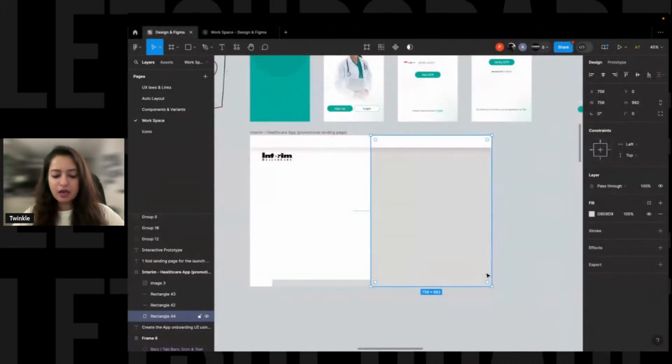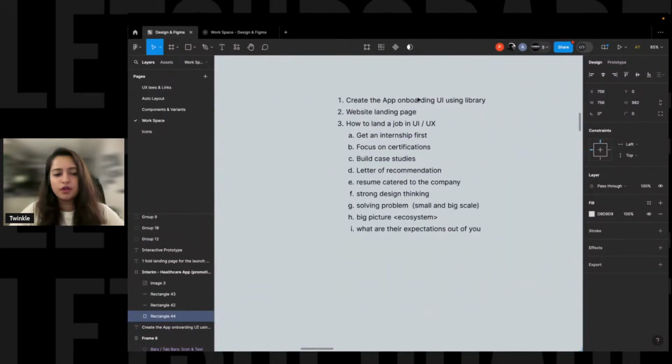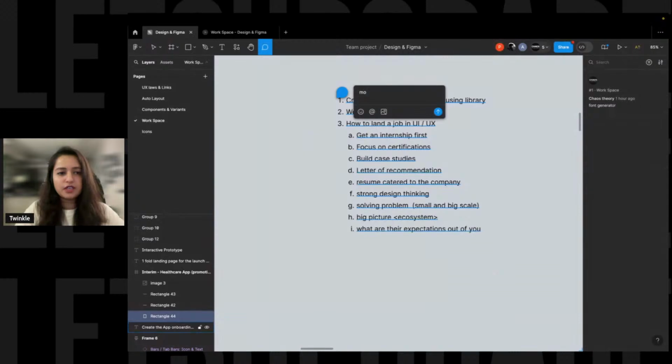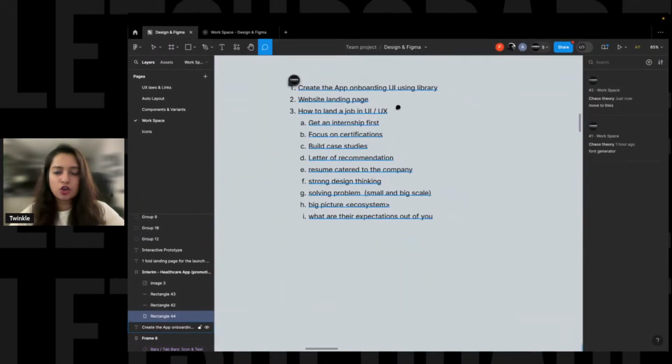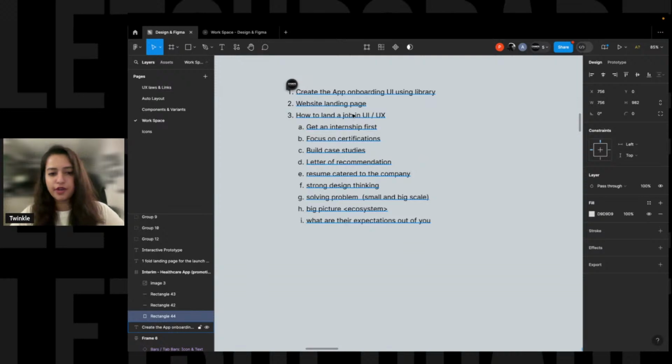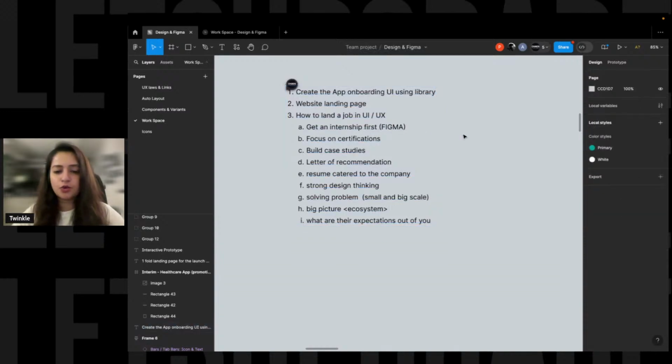So basically, how to land a job in the world of UI UX. I have again listed it down. I will make sure to move this to links. Because all the documentation is over here, I was just on the fly when I wrote all of this down. So first of all, you need to start with getting an internship. And how are you going to get an internship? You need to learn Figma. This is crucial